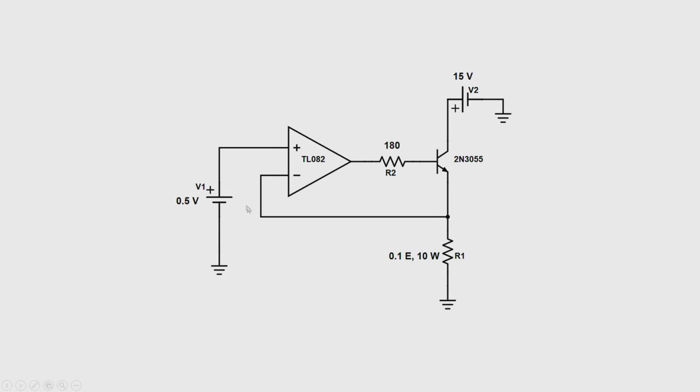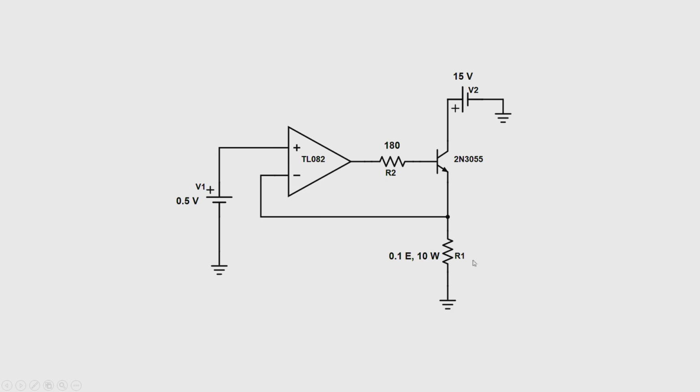As a result, if you recall the complete working of the circuit, it maintains the voltage across this R1 resistor to be the same as the voltage connected at the positive terminal. This is because of the virtual short concept. The operational amplifier virtual short concept says that the difference between both the terminals should always be equal to 0. Since the positive terminal is connected to 0.5, it tries to maintain the negative terminal also at 0.5. As a result, the drop across R1 will be 0.5.